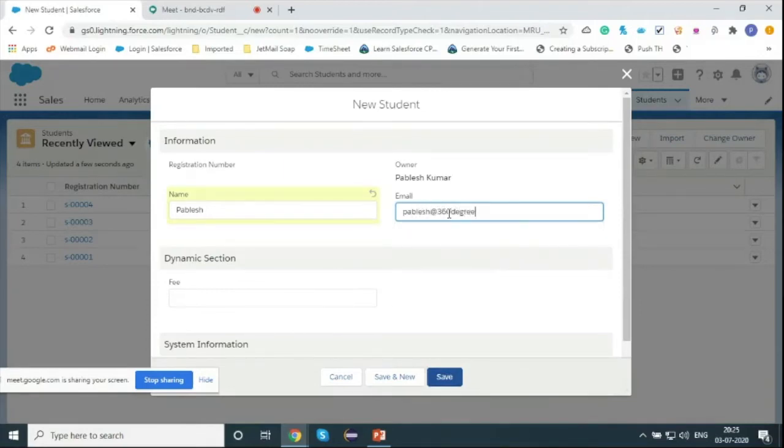So as I told you, the dynamic form is available for the custom object only. So I've created a custom object called student. Just for demoing purposes, I made it very simple and short. So there are some fields like name. Let's put the name, email. Let's put the email,